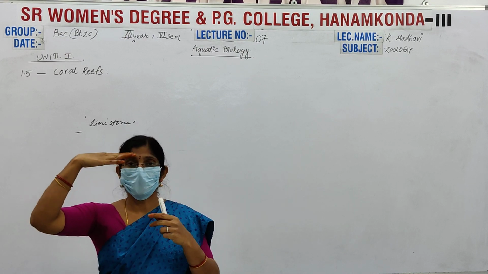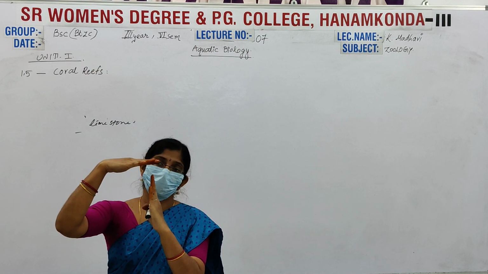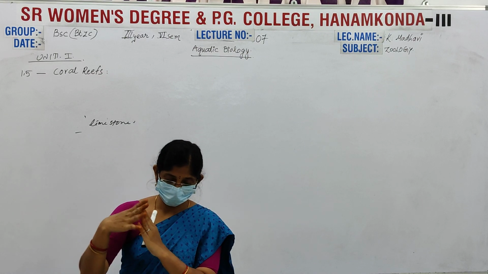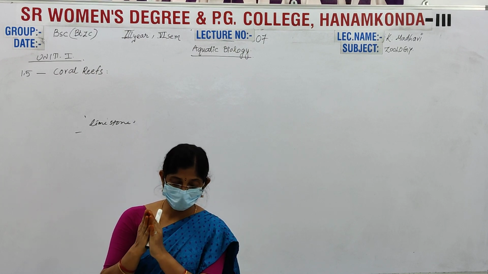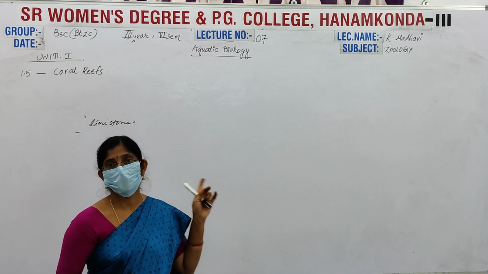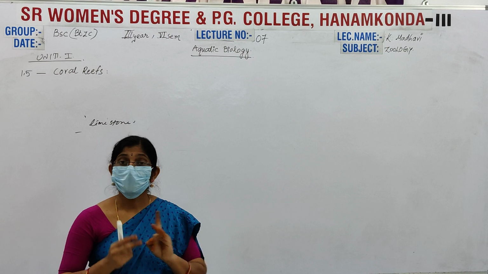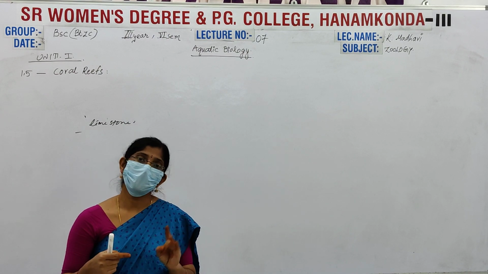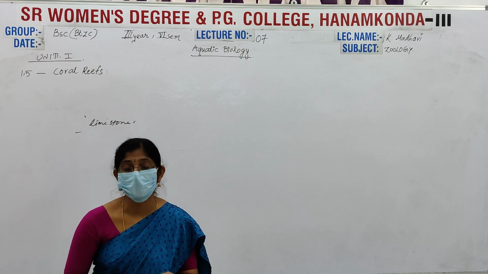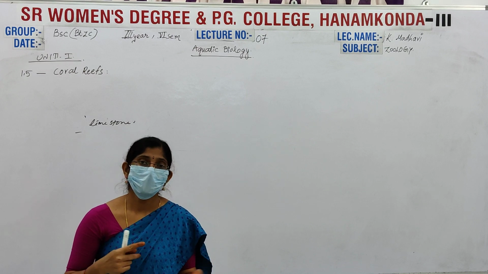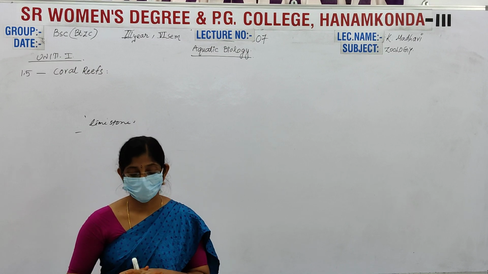For example, this is the water surface, and the organisms grow very near to it, formed of the calcium carbonate secreted by these organisms. Whatever we learn here, the poriferous sponges are differentiated into calcareous and siliceous. Calcareous means calcium carbonate, and siliceous means silicon oxide is secreted from their bodies, and their body is very strong and rock-like.